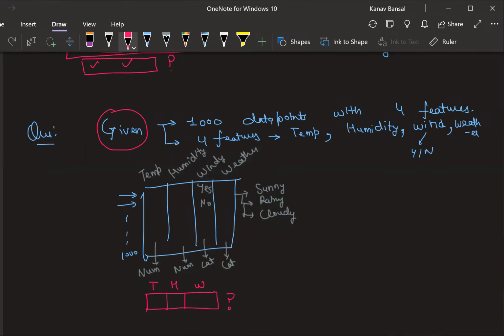First of all, is it supervised or unsupervised? It is supervised. This is something that you are interested in, the column that you are trying to predict in the future. And in the training data, you are given this weather information. Since you are given this entire information, you would say that it is supervised. You are going to use some supervised learning algorithm. And in that, which kind of algorithm will you use? Since it is a categorical column, you will use classification.